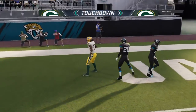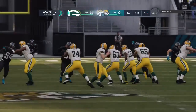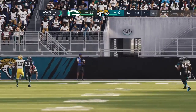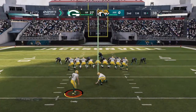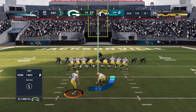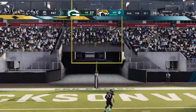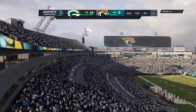Touchdown, Packers. Davante Adams. 2 catches, 2 touchdowns here so far. And the Packers add on to their lead. And with the rules as touchy as they can be, it's so hard to complete a diving catch in the end zone, but he just did it pretty well. How about him getting his body, his hands, everything underneath and around the football without